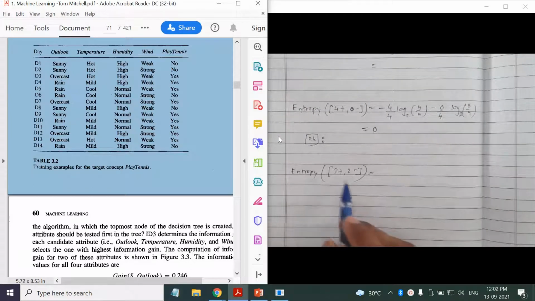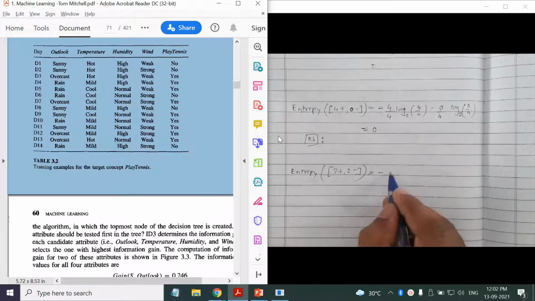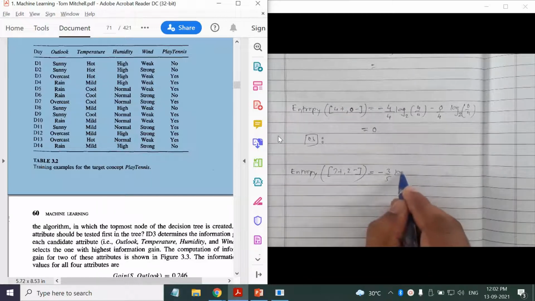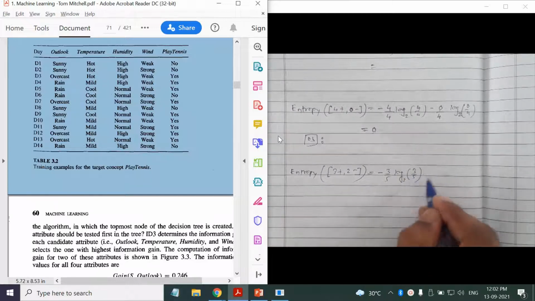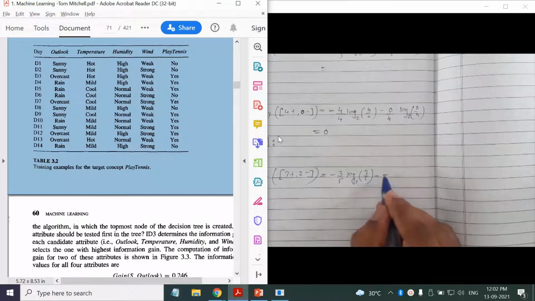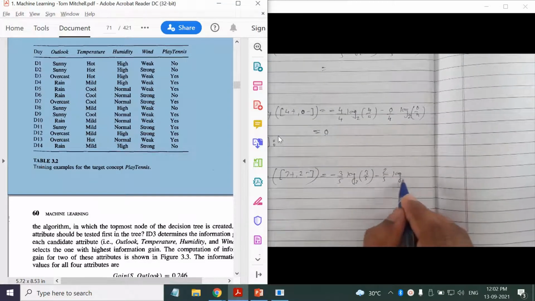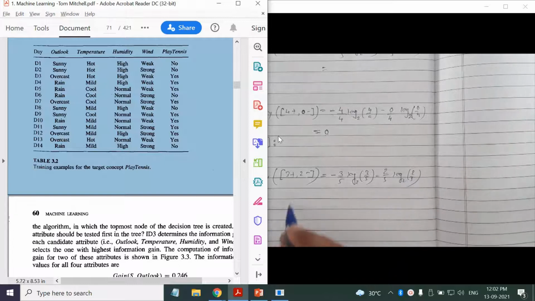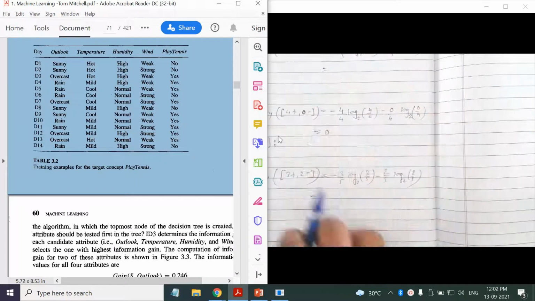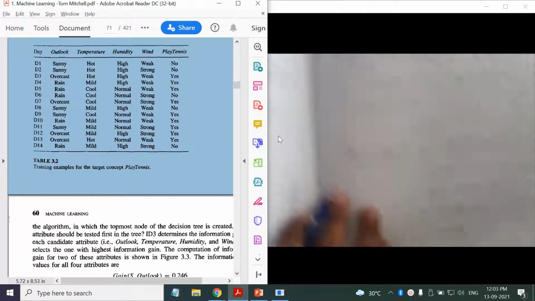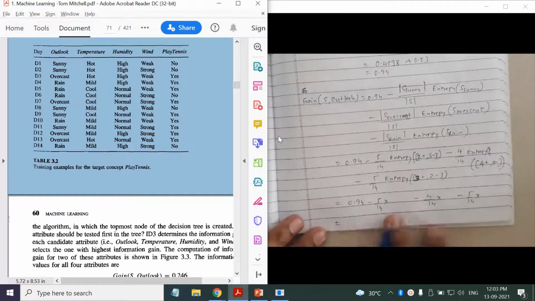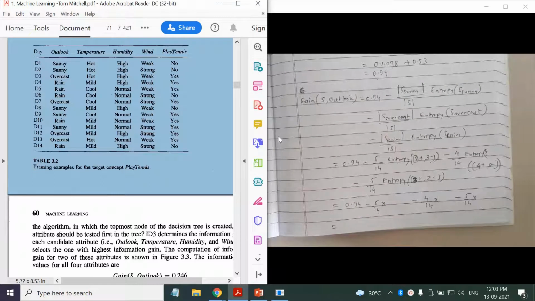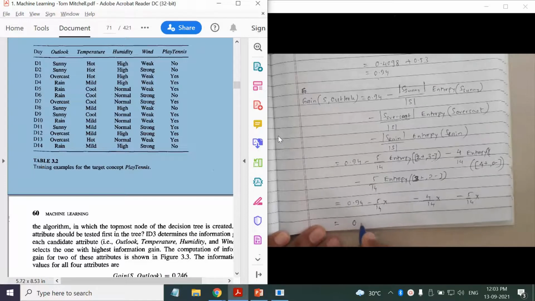Okay, so then final is 3 plus 2 minus. Okay, so positive example का proportion है 3 by 5. Log base 2 3 by 5 minus negative का ratio है 2 by 5. Okay, so you find out the values of this entropy. You put it here. Okay, calculate the final score. The gain for outlook will come out to be 0.246.